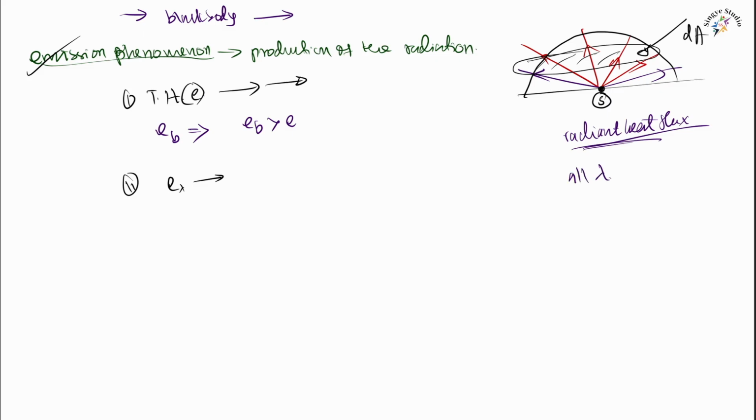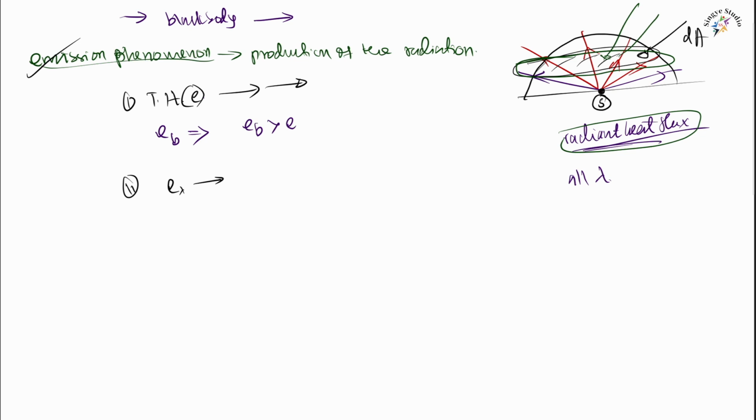So if you just quantify the radiant heat flux traveling through the area that you have taken, without taking the details of the wavelengths, you are just placing the area and counting the radiant heat flux at all wavelengths,